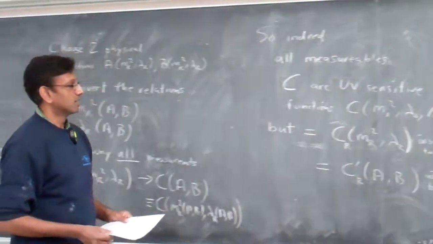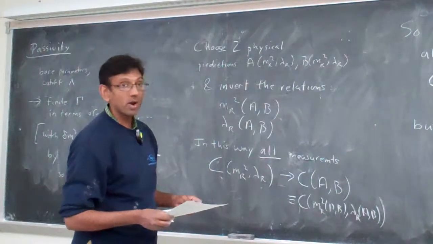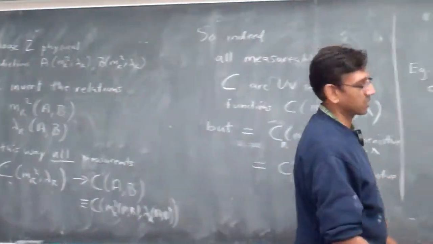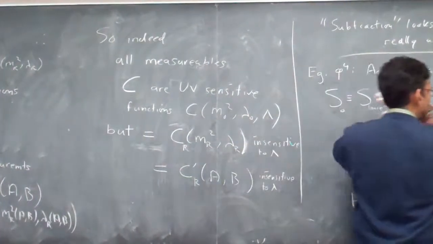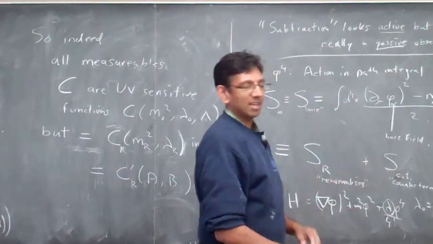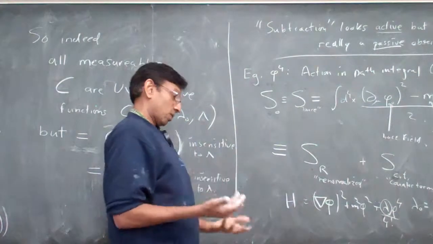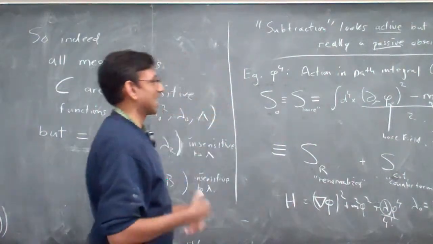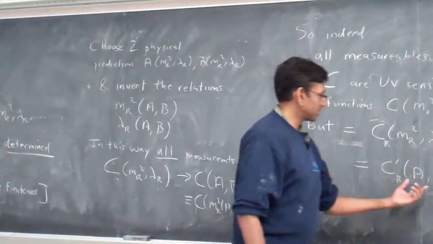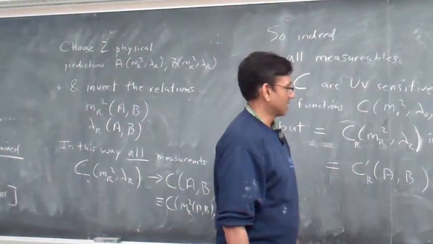Okay. So this whole procedure is really a way of bookkeeping the sensitivity of the cutoff. You can, if you want, say, this is the action, the only action I've ever heard of, and I have a cutoff, and I have tremendous sensitivity to the cutoff. But what's the nature of that tremendous sensitivity? The answer turns out to be that sensitivity comes in every observable, A, B, C, D, whatever it is, but